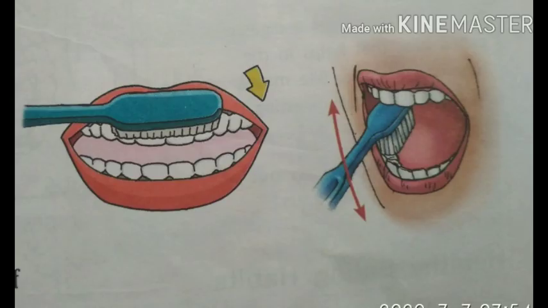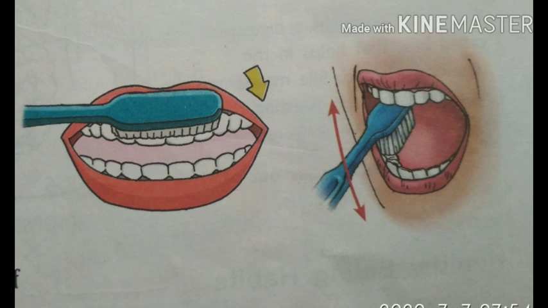Now students, you know that whenever we eat or chew something, some food particles are left in our mouth, and because of that a yellow sticky layer is deposited on our teeth, and that layer is known as plaque. The germs present in sugary food convert that sugar into acid, and that acid will attack our enamel, that white part, and make a hole, and that hole is known as a cavity.